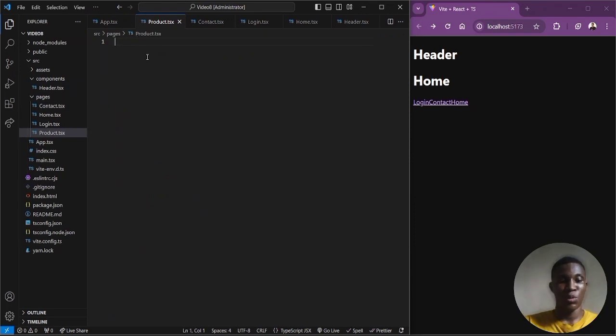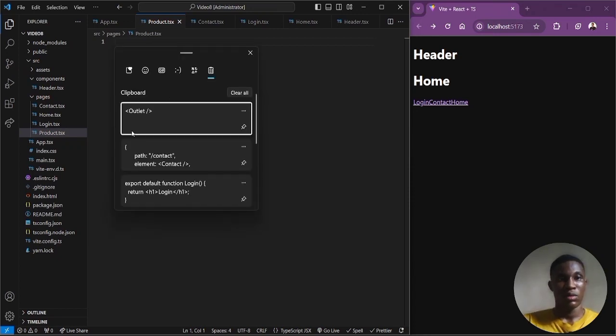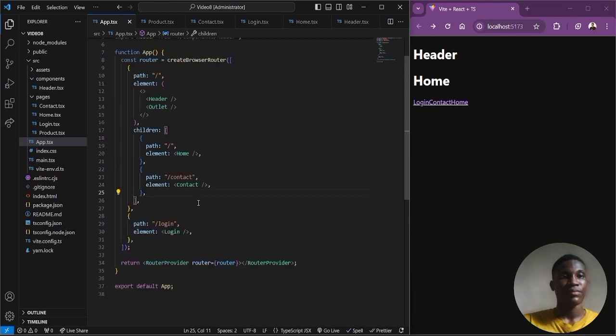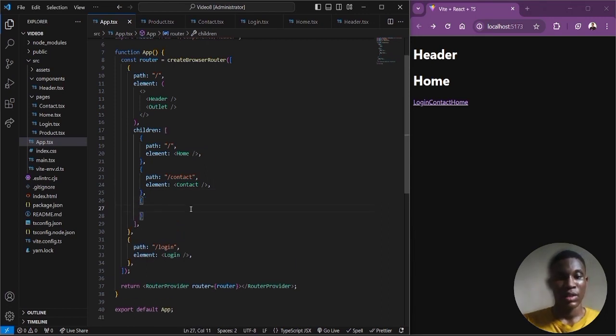and in this product page, do I still have this here? No, I don't. Let me paste it. Good. Come over here. Product. Let me make it as quick as possible. And in this product page, let me just define the route. So here, still under this place, I can pass in a path, and the path I want is